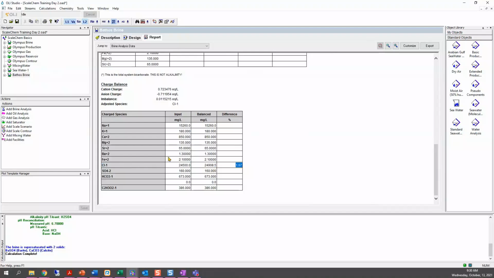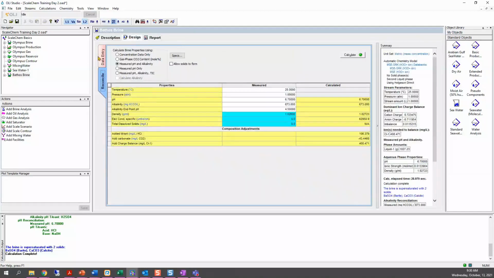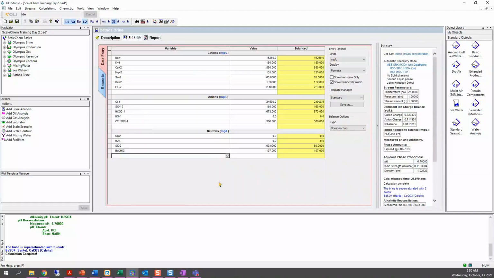So if you have a value, let's say you don't want to exceed more than 5%, you can come here and double check that number. If you see 20% or 15%, then it should indicate that you should go back to the lab or double check the numbers that you have entered in your data entry. Okay. That's good to know.